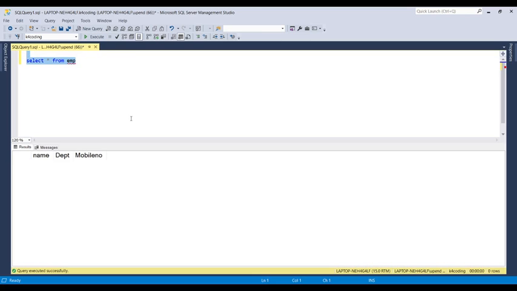We are going to insert name, department and mobile number with 3 different values. The insert into statement works like this: insert into, then your table name, then values, then open bracket and pass your values.